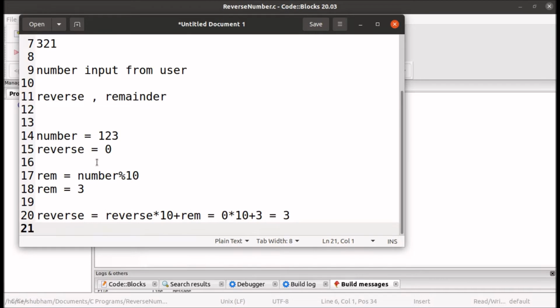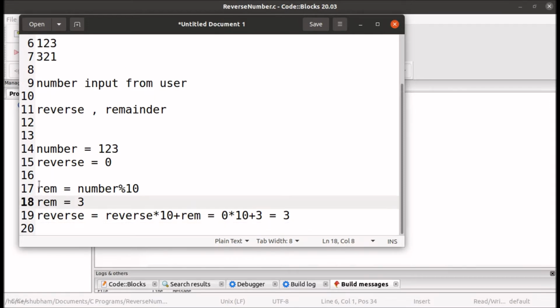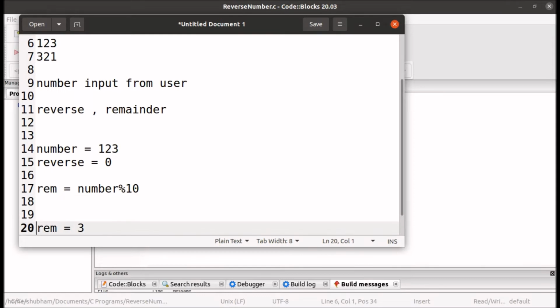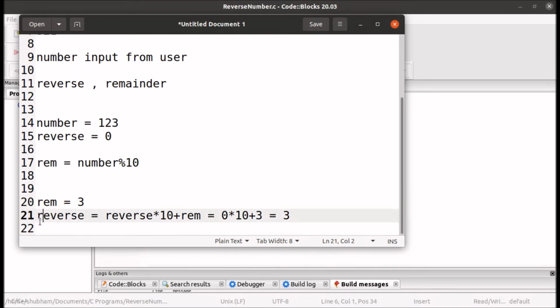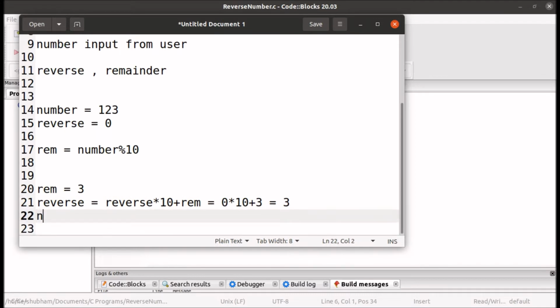We have calculated the remainder, and after calculating the remainder, we have calculated reverse. Then we will update the value of number by number divided by 10, so it will give the quotient.